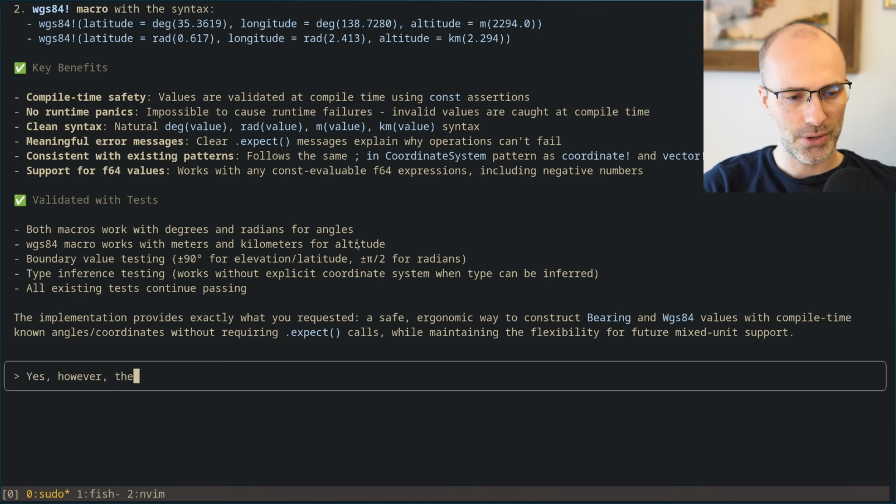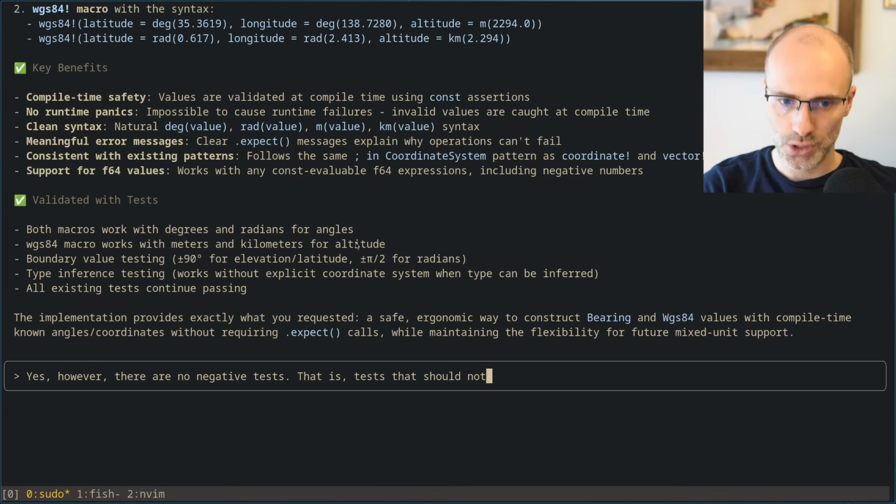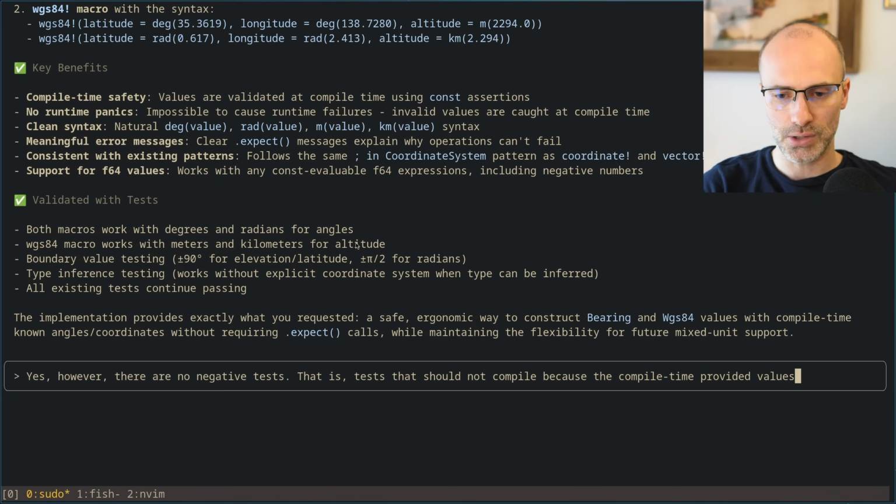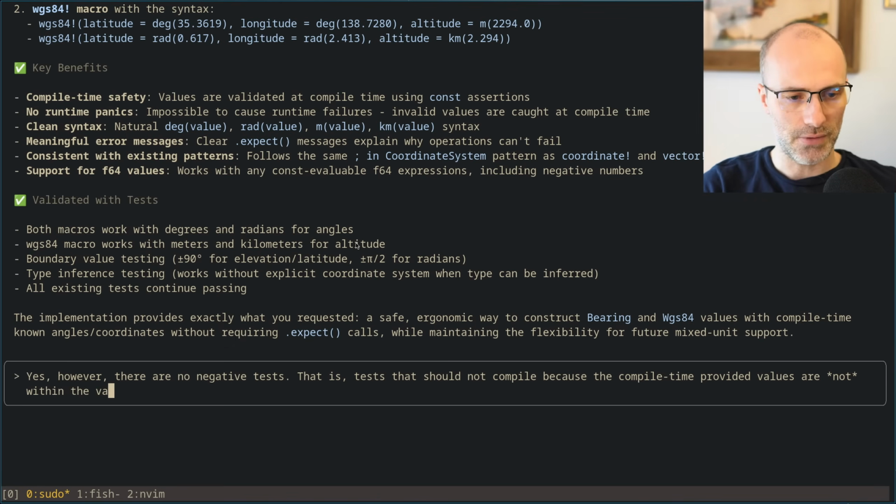Yes. However, there are no negative tests here. That is, tests that will not compile. Tests that should not compile because the compile time provided values are not within the valid range.